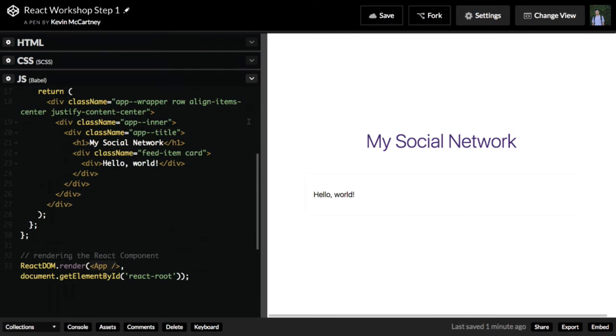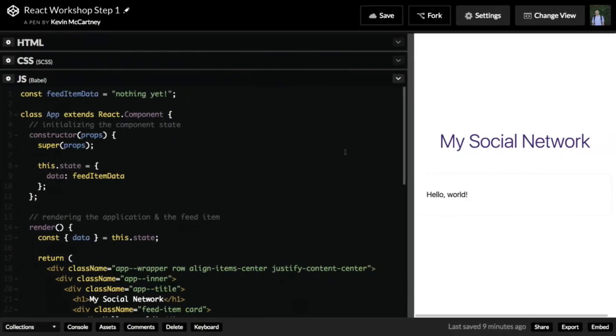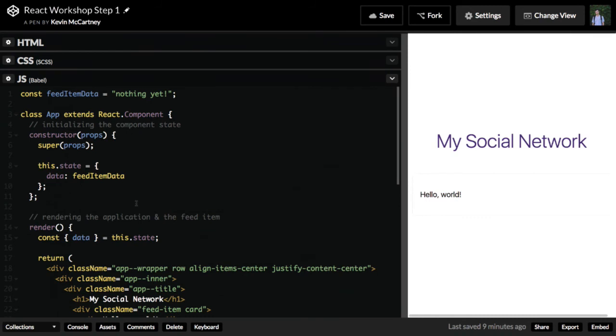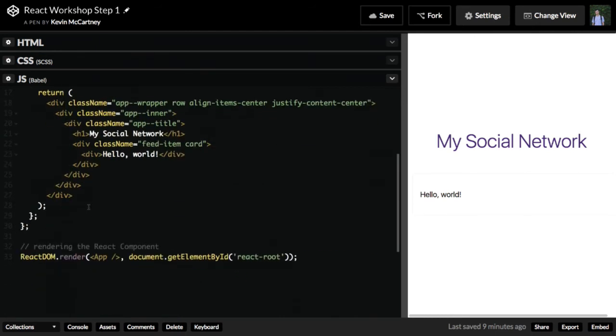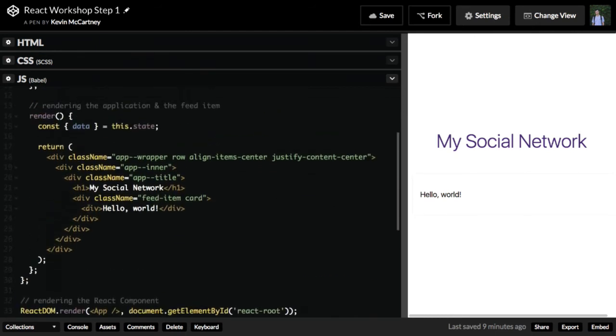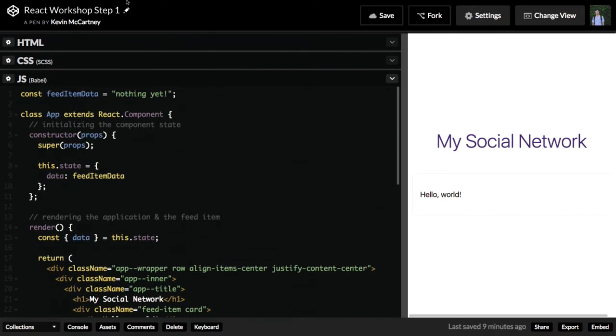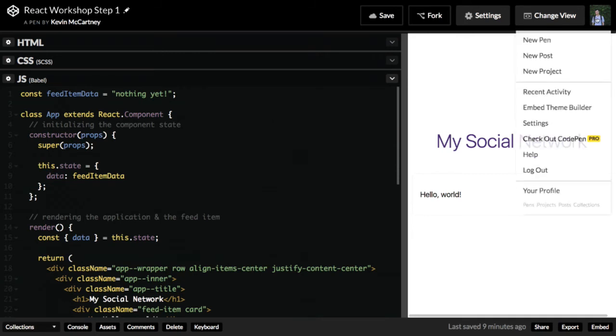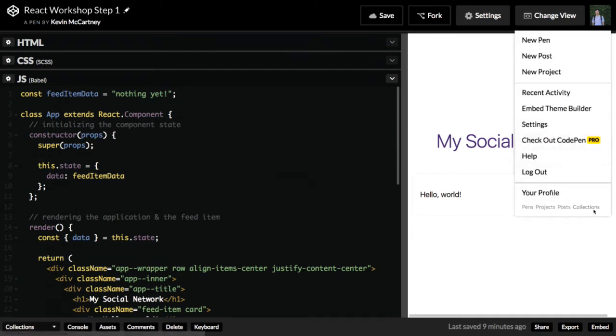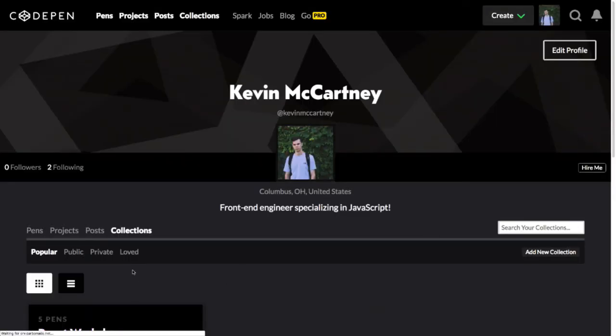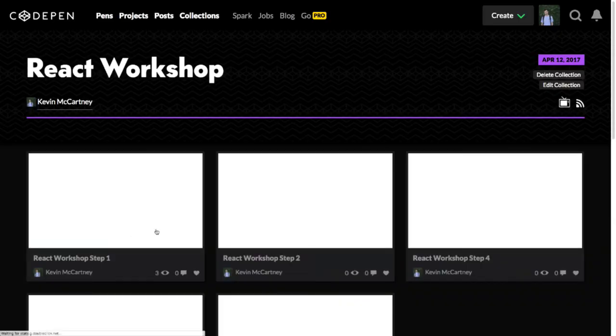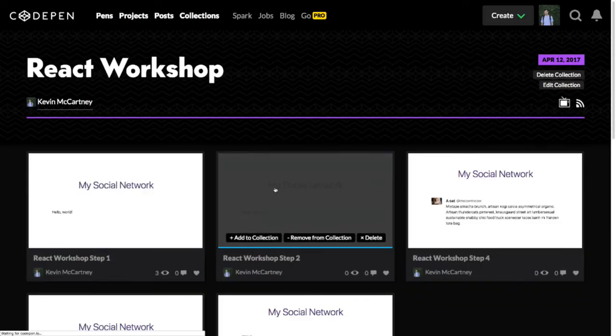So I'm going to be flipping through here between steps. So this is going to be our second step, and I'm going to explain to you guys what is going on here. So we have a lot of the same stuff. The big thing that we're doing here is, oh wait, this is still step one. Ha, I will have to go to step two here. So this is where you find everything, the collections, the React workshop. So here in step two,